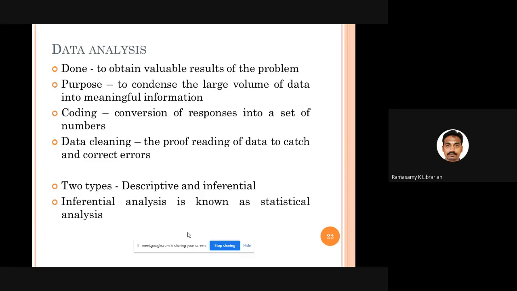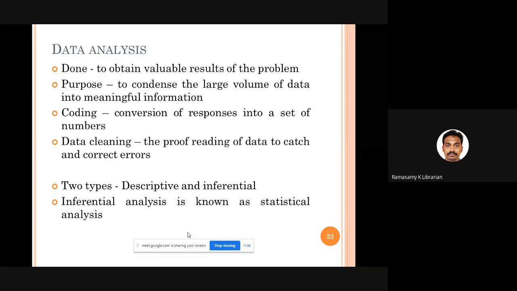Descriptive statistics means we are just describing whatever amount of data you collected in the form of summary statistics. Mean, median, mode, range, standard deviation, interquartile range, all those things are descriptive analysis. Even all the charts and diagrams you have are descriptive statistics.